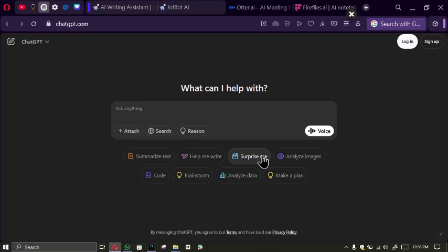Now we'll also analyze their content customization and control, and we saw that JotBot offers various templates and prompts to guide you while you're writing. You can also change the tone and style to match your brand voice, while ChatGPT gives you more control over the content generation process. So you have to provide it with instructions and even fine-tune the AI responses